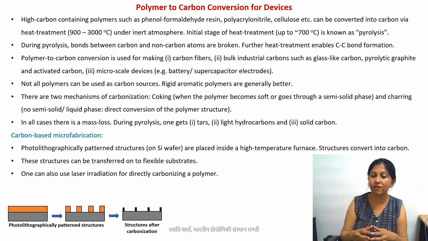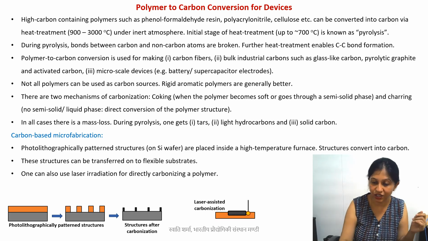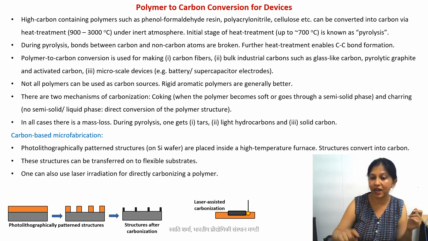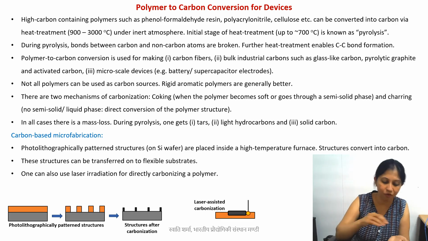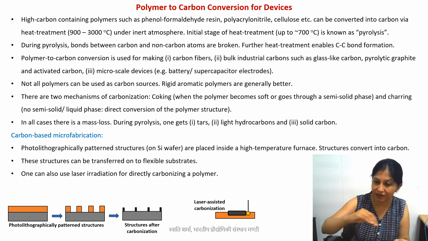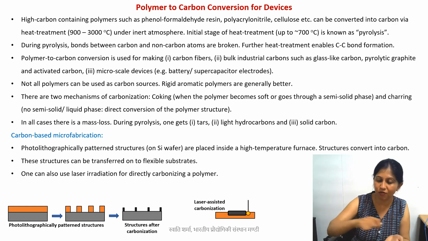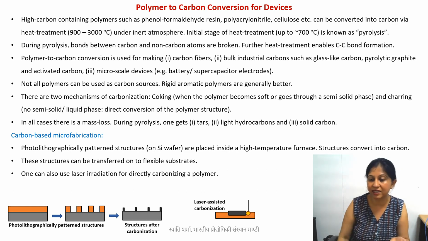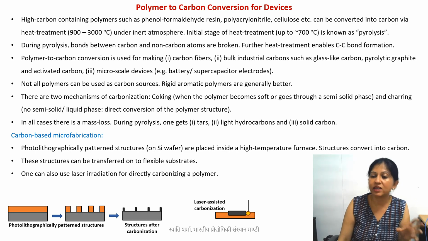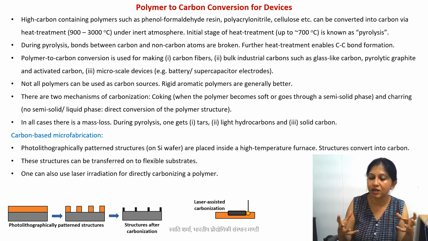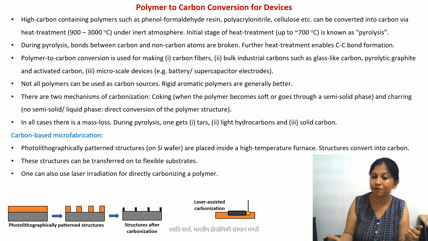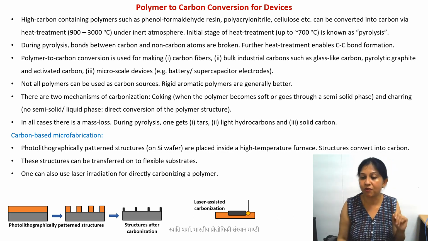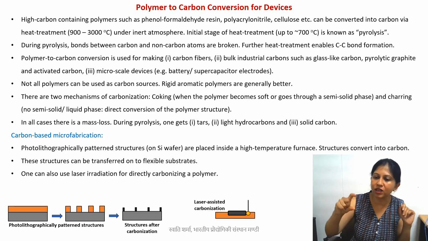Another option for making flexible carbon structures, polymeric carbon structures, is to use laser irradiation, where you're actually providing the heat that you would otherwise provide in a furnace. Here you're providing that heat by a laser, let's say an IR laser, on top of a polymer, and you're writing using the laser, and that's how you're getting the carbon structures. The quality of this carbon is not very good. The purity is not good, and it will have a lot of porosity because the carbonization is happening very, very fast,